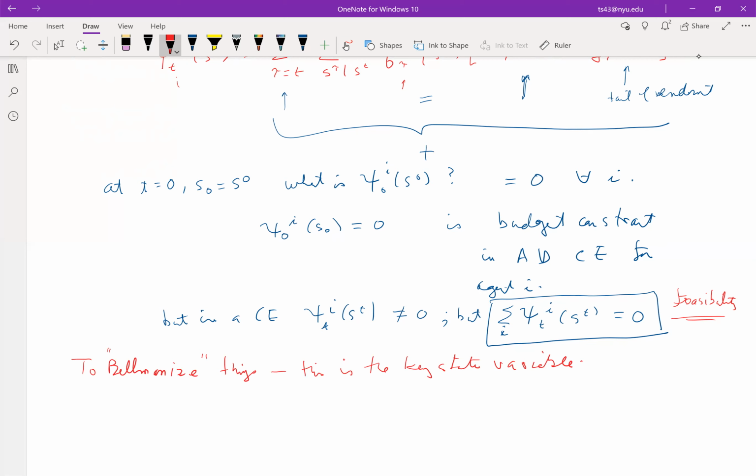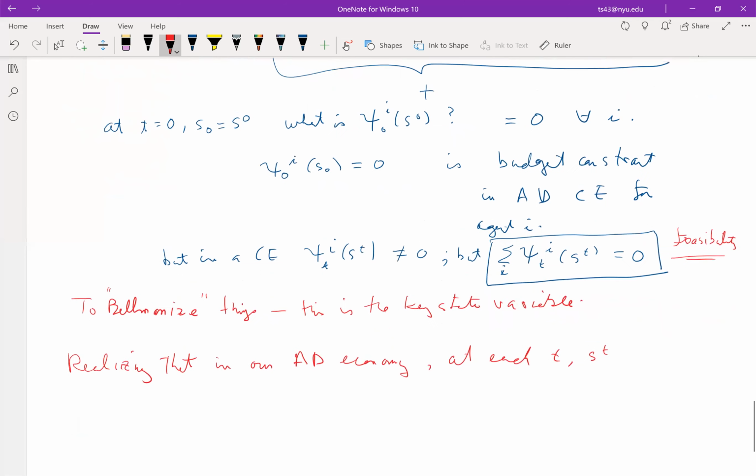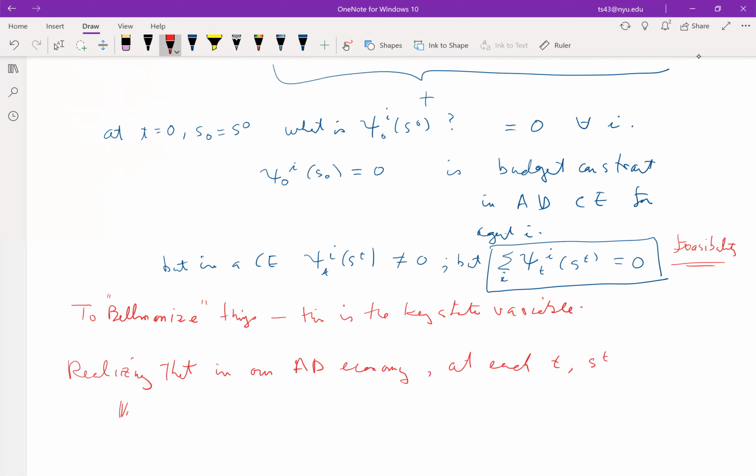I'm going to give you a hint. Realizing that in our Arrow-Debreu economy, at each t, st, there is a collection of psi i t, st, for everybody in our economy, that satisfies this,